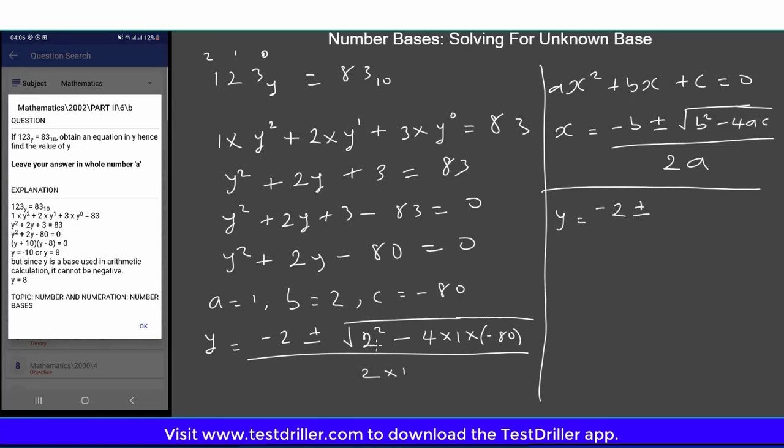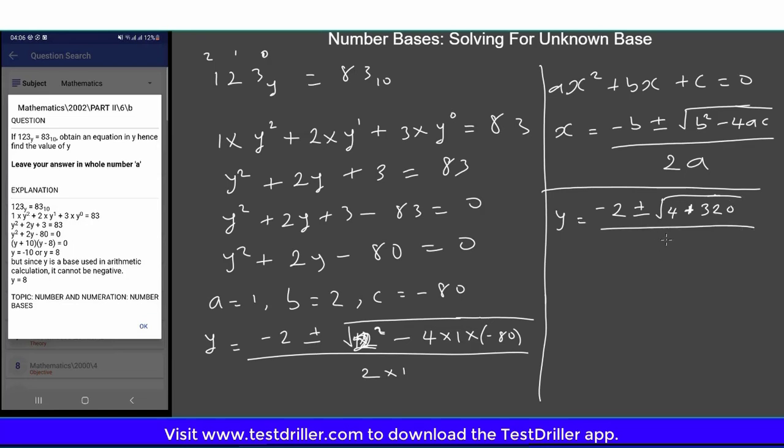So here you have 2 squared, that's 4. Then 4 minus 4 times 1, times minus 80. So if you multiply minus 4 times minus 80, that will give plus 320,